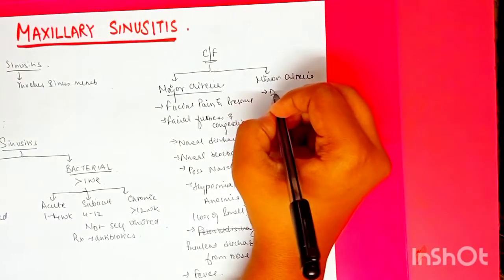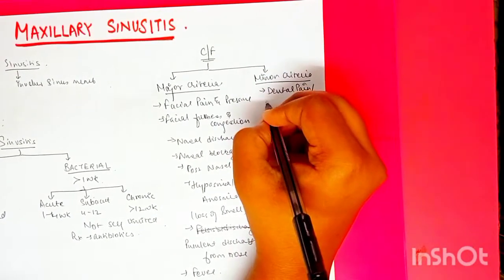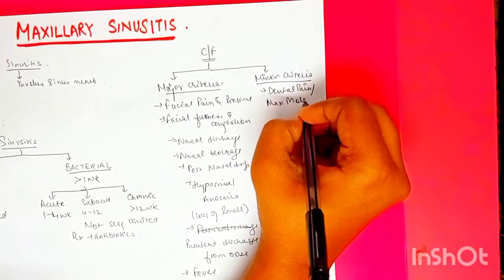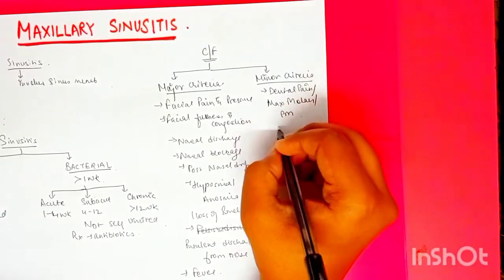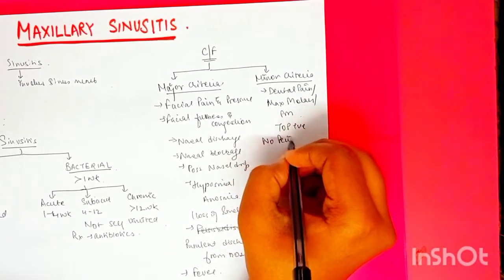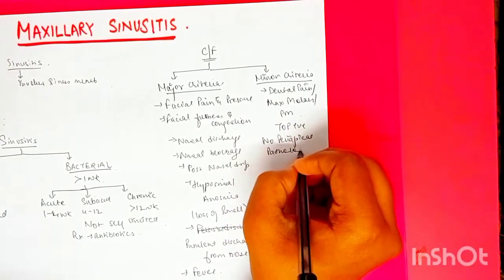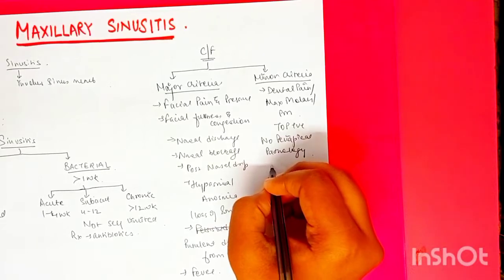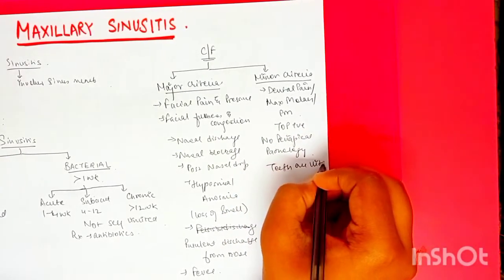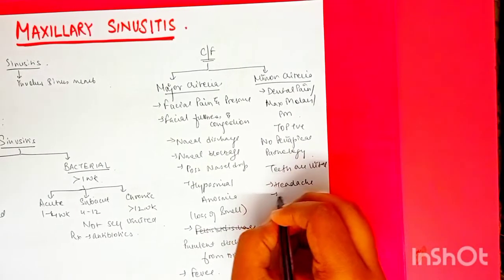So that will be dental pain. Most common areas are maxillary molars and premolars. TOP will be positive, but there will be no periapical pathology. The teeth will be vital. Along with this, there will be headache, body ache,